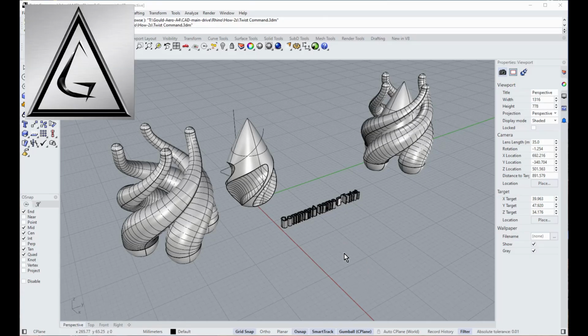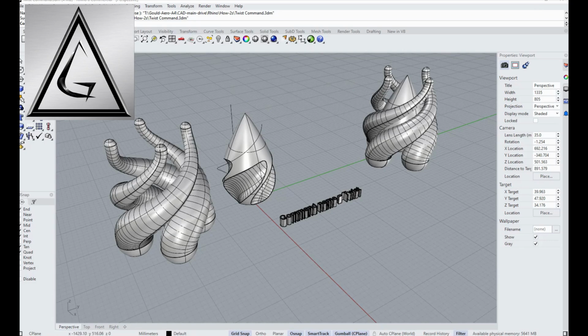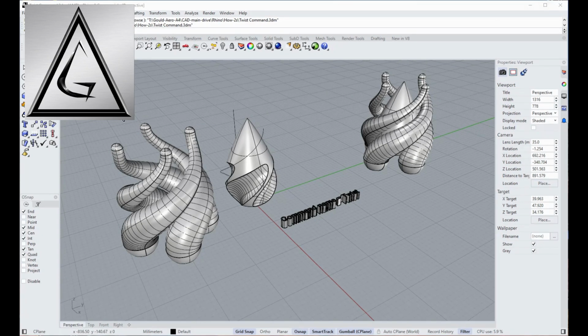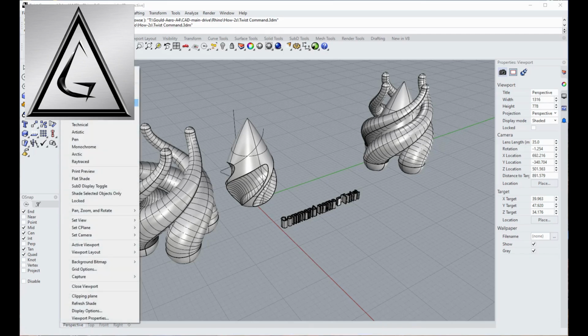Hello YouTube. Got a Rhino command I just recently found out about. I've been using Rhino for quite a while, but this seems like a good thing to know about. Getting into it, I made a quick little model, rendered,